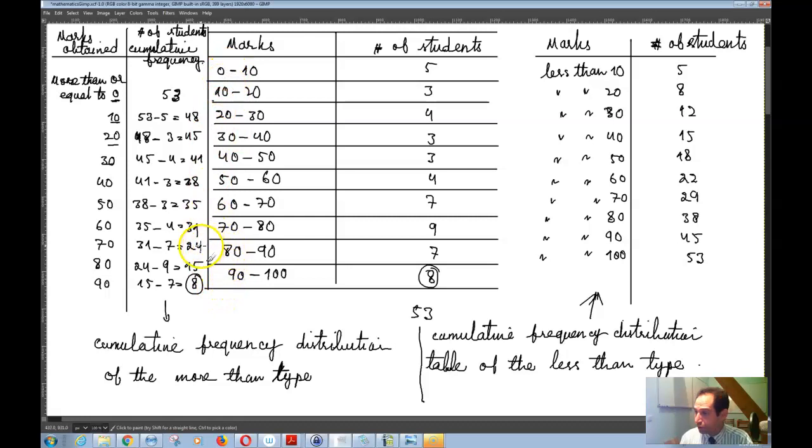Now, to find the median of the grouped data, we can make use of any of these cumulative frequency distributions, either this one or this one. And let's combine these tables together to get to this table, meaning that we get our marks over here, and then the number of students over here, we call this F, for example. And then the cumulative frequency, C of F, we will use the less than type. The less than type is much more